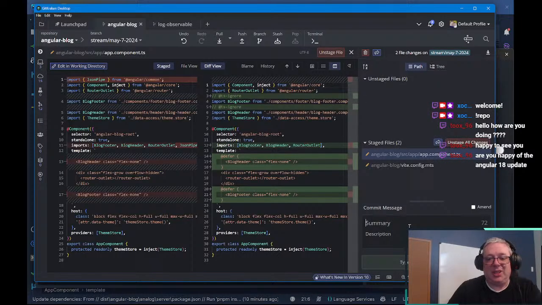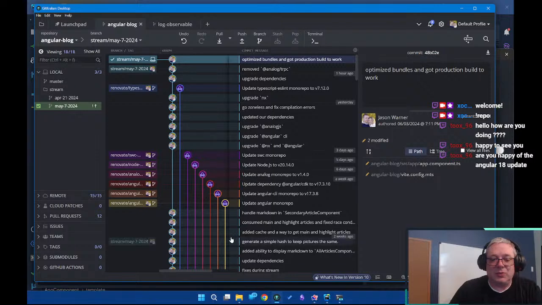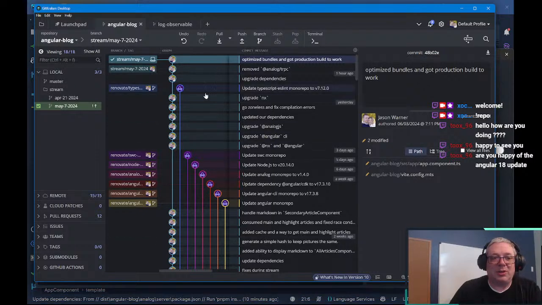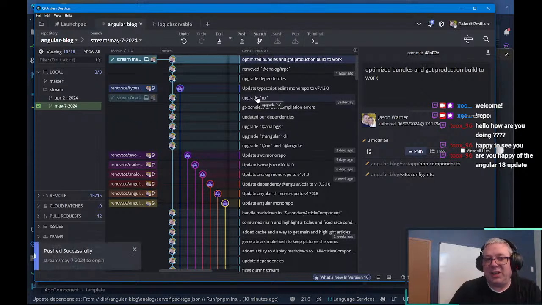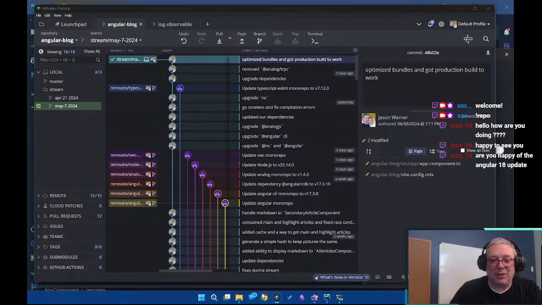But we'll just say, hey, we optimized bundles and got production build to work. And I'm really curious why it's so much smaller just by adding those two defers. Maybe I'm missing some package changes somewhere, but that is a significant size savings. And by making things so small,